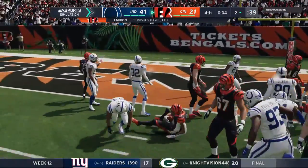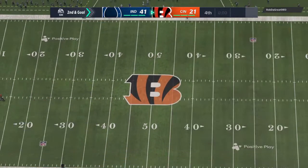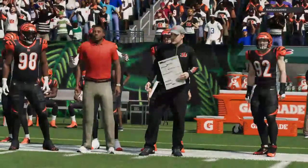Halfway there from the 4 to the 2 on a gain of 2. Down at the 2-yard line. Today's final score. A big